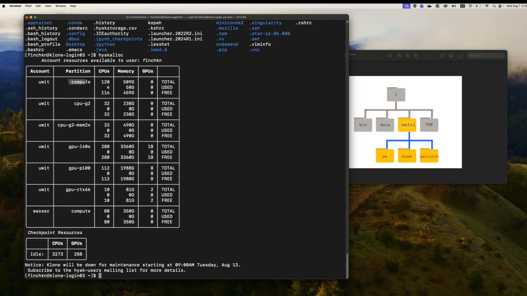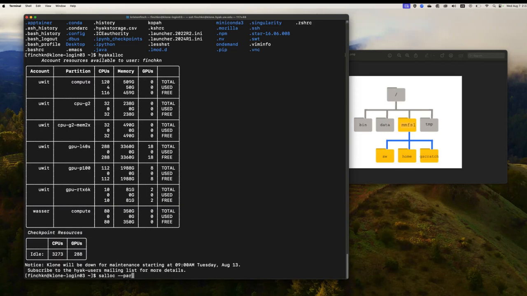And if you just need some CPUs to do something, you could call compute or these other options as well. I'm not going to go too much into this, but I want everyone to at least start one interactive job, so that you know how to do it, so that we leave the login node. And the way that we're going to do that is we're going to use the command salloc